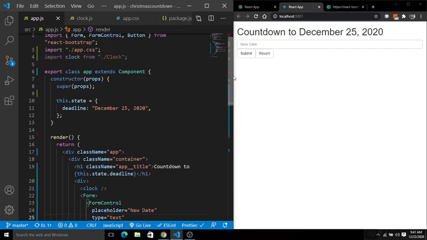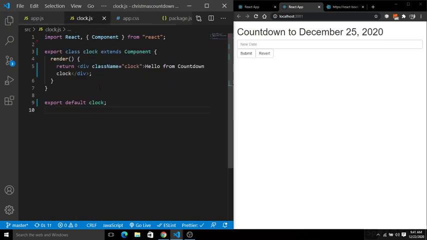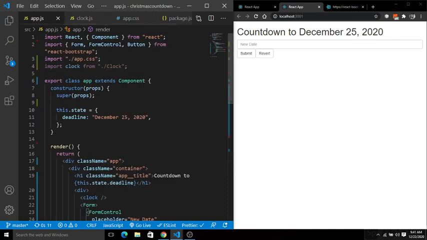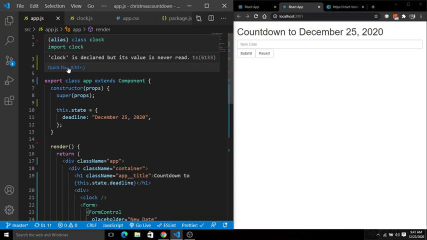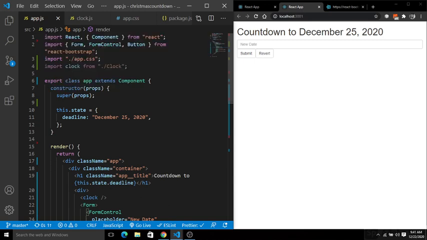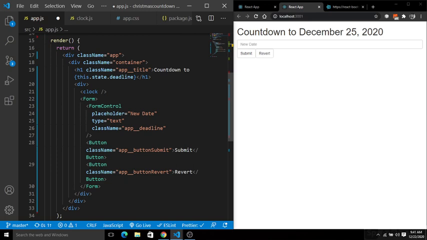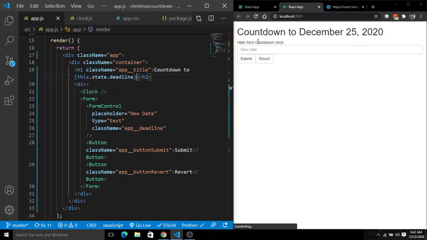Here inside the clock you can see this. Basically I have to import it just like a component. So for the component you have to give the name here with a capital C. Let's go inside here, put here also C. Now save this. You will see the hello from the countdown clock is now rendering on my screen.